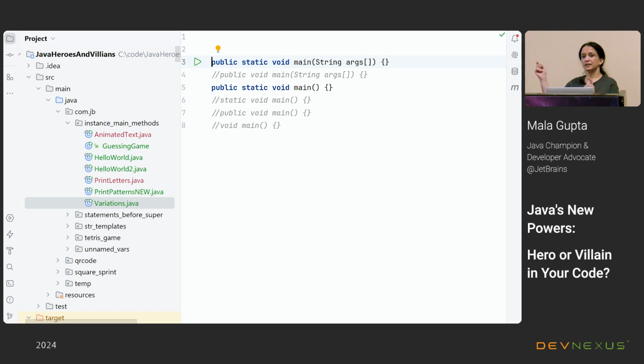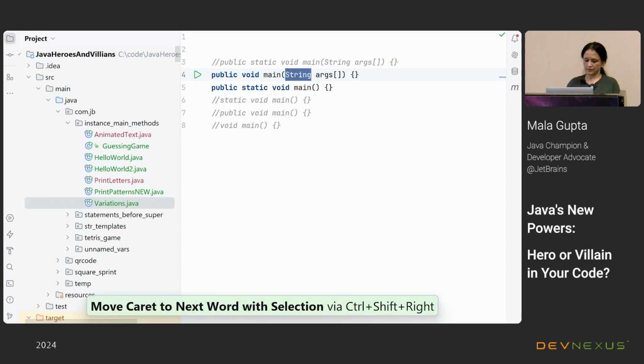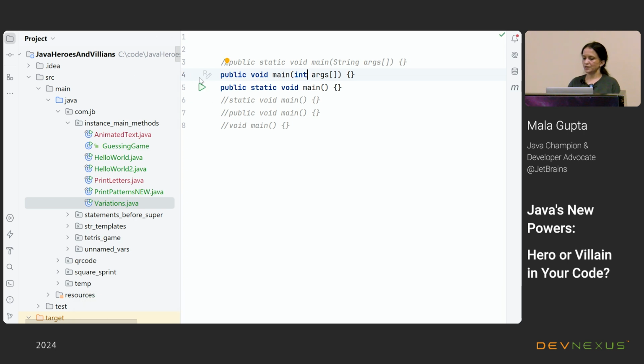I have commented a couple of them, because if I have public static void main, I cannot have an instance main with the same signature, but this is okay. So all of these variations are okay, but of course you could not have more than one in the same class. And if I change this from string to int, the error would change and it would tell me which one is the right main method.